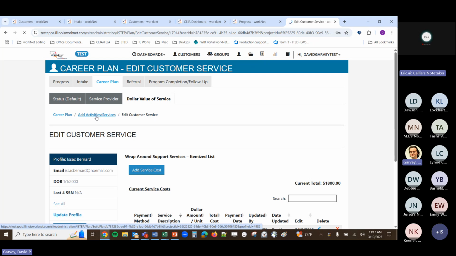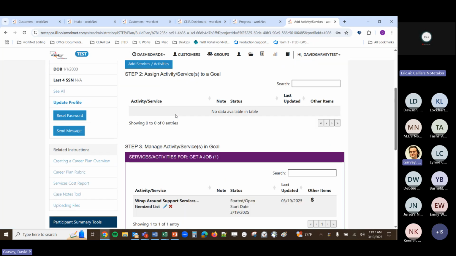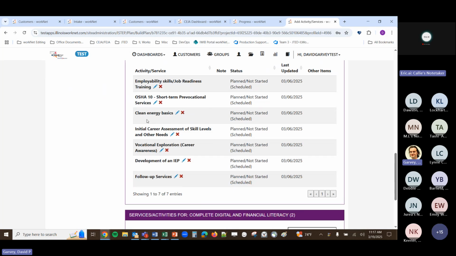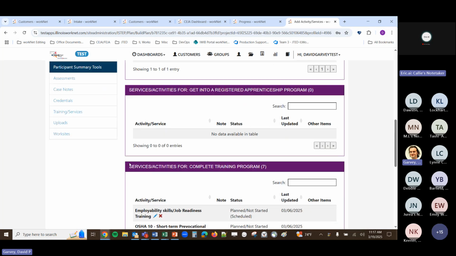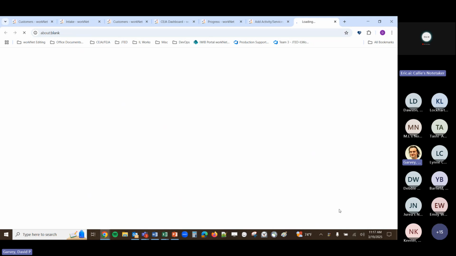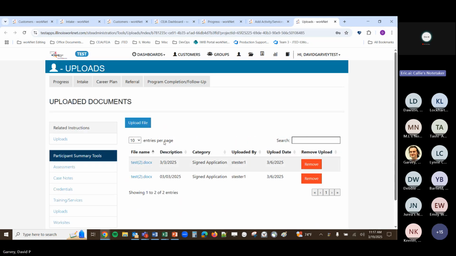I know in the career plan tab, we do have the training service that gets added, development of an IEP. If there's like a paper copy you have, that could be added to the participant under the participant summary tools that could be uploaded there as well, if that answers your question, or if you had a follow-up to that.